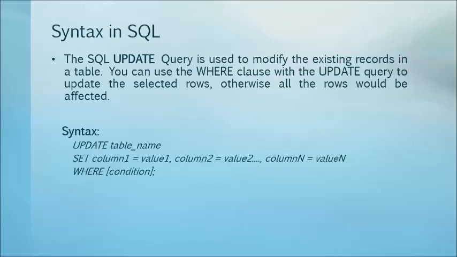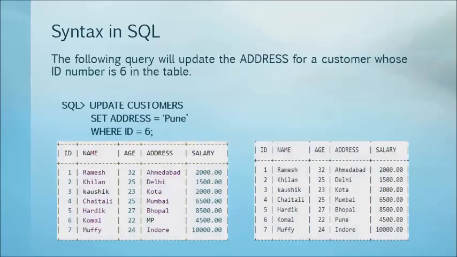So our syntax is update table name, set column 1 is equal to value 1. So we're going to indicate the updated value for a particular column. Then we have column 2 is equal to value 2, and column n is equal to value n, where condition. So the following query will update the address for a customer whose ID number is 6 in the